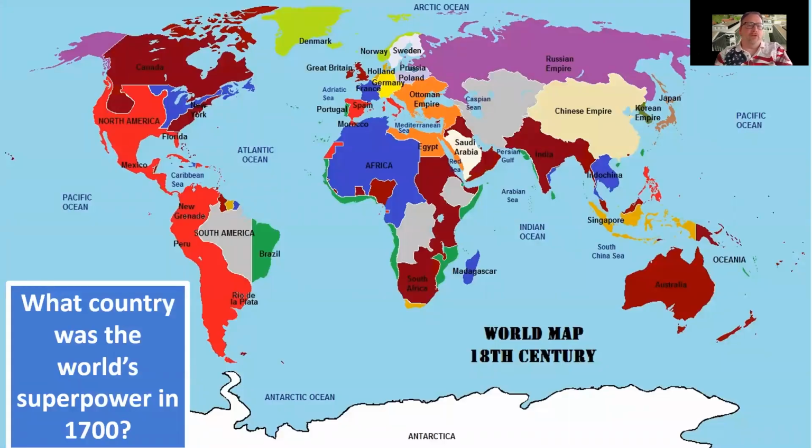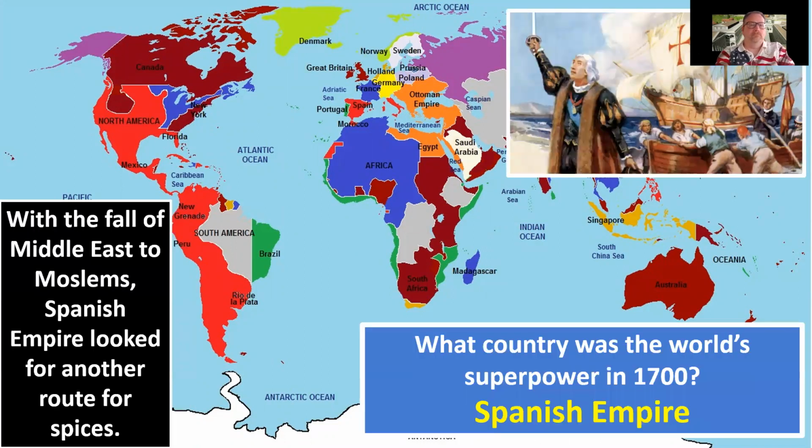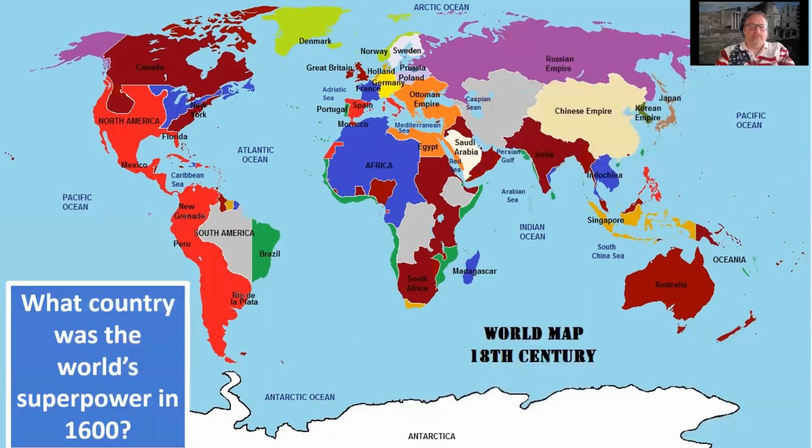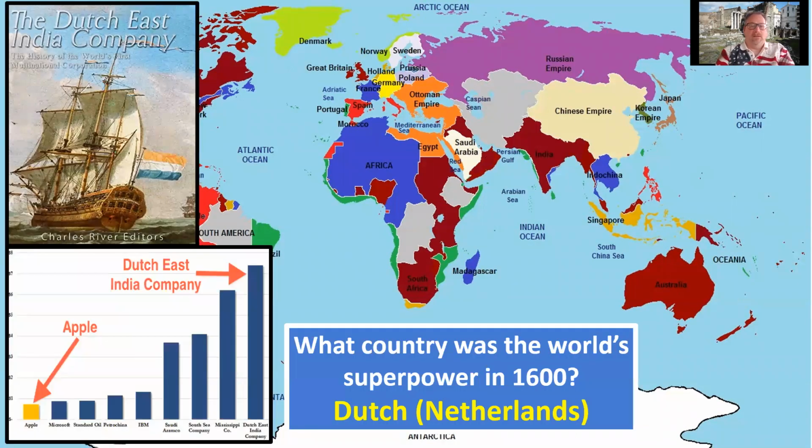Going back another 100 years. What about in 1700? Who's the world superpower? Good. That's the Spanish Empire. So owning half of North America and a fair amount of Latin and Central America. What about in 1600? This one might surprise you because you probably can't even locate this country or this area on a map today. It's the Dutch, basically in Netherlands and Holland, this tiny little area of orange all the way up here. And how powerful were they?